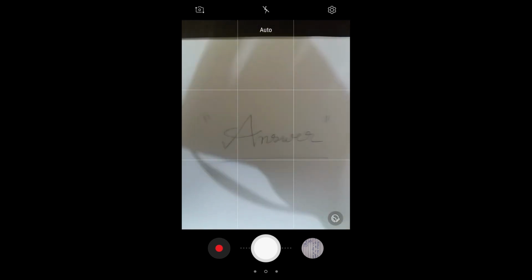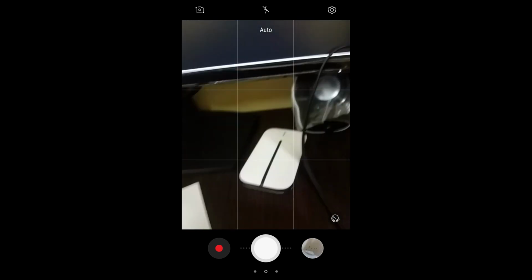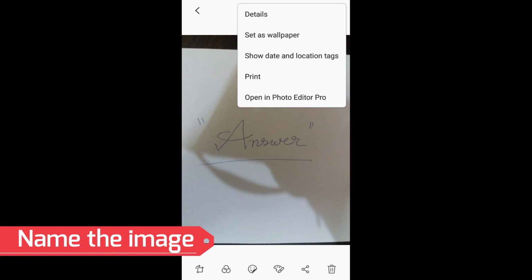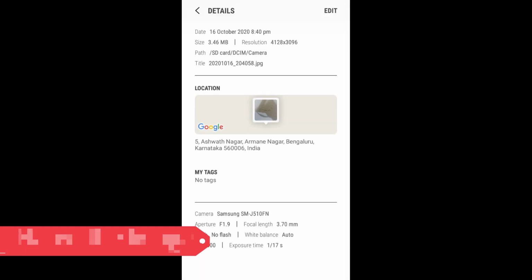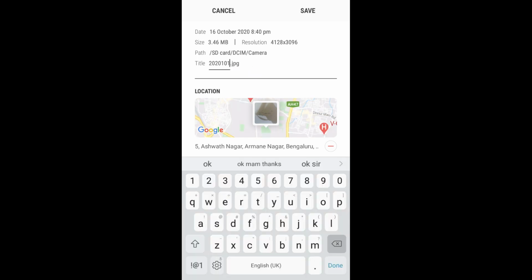Just open your camera and then click the photograph, and then open that photograph image, and then details, select details, edit the photo image. Okay, then title, see here you have to change the title, otherwise once you upload into the Google Drive, it is difficult to find the image.